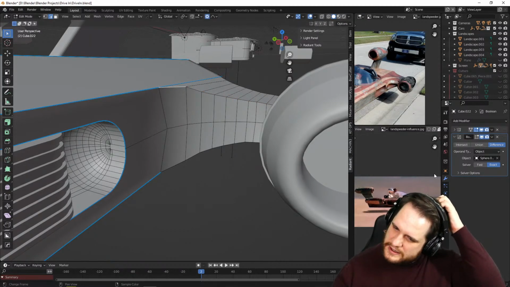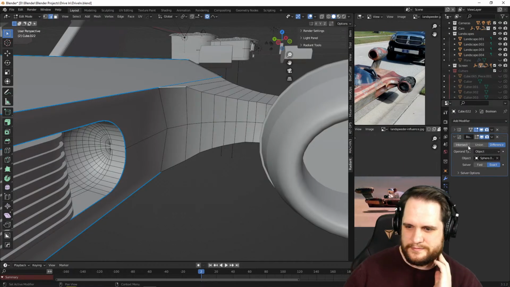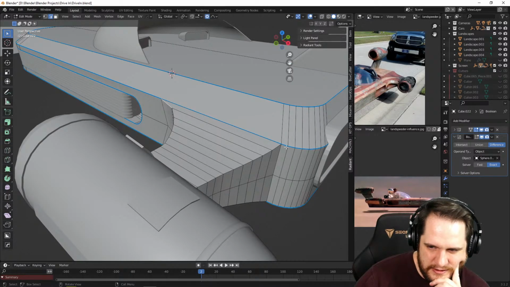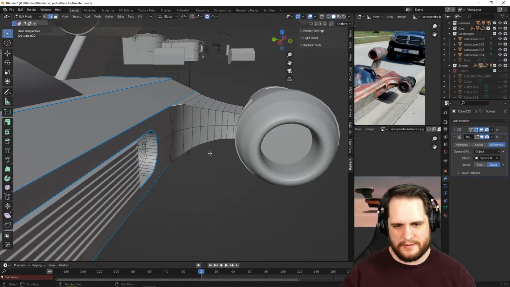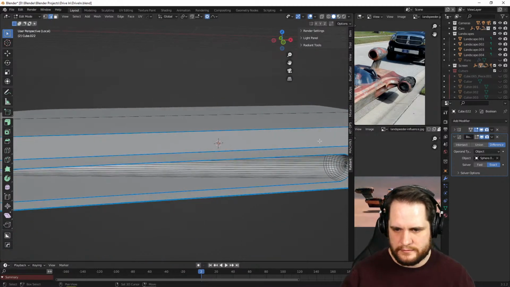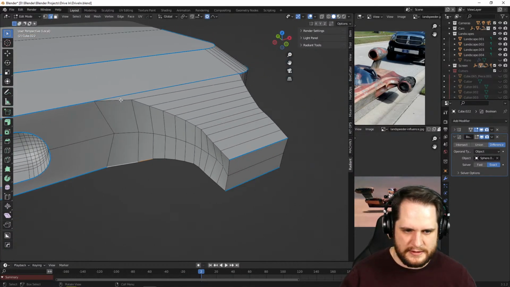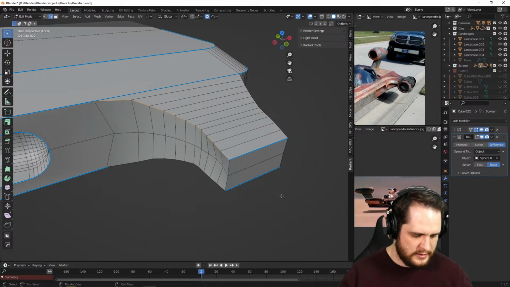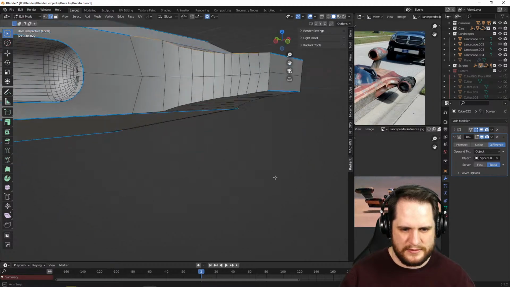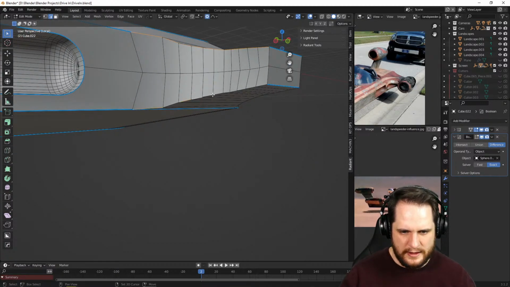Now, I could have done... We could add a bevel to this whole thing and then just change the weight of this. That's like a whole thing I don't know if I want to learn right now. Let me just see what happens when I try to bevel this. It's possible. It's gonna be far away too, so...